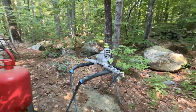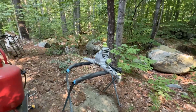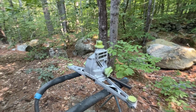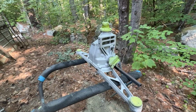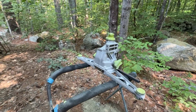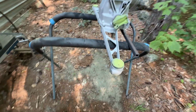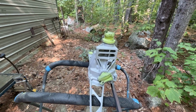Okay, I'm out here in my open air sandblasting booth. I just gave this a quick once over to brighten up the aluminum a little bit. I masked it off real good. I don't want it getting into any seals or anything like that. So, got that cleaned up. I'm gonna blow it off really good with air before I bring it back in and put it on the stand, but that cleaned right up. So what I'm gonna do now is hit all these cast aluminum parts